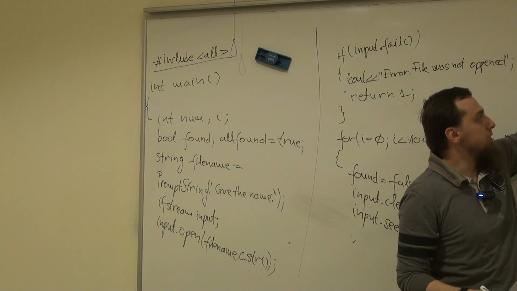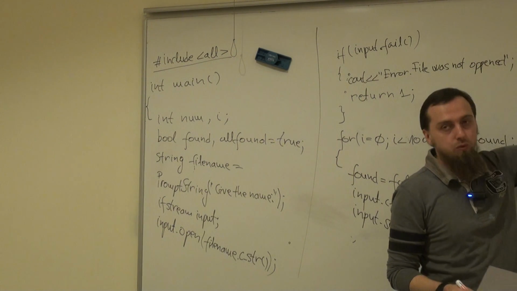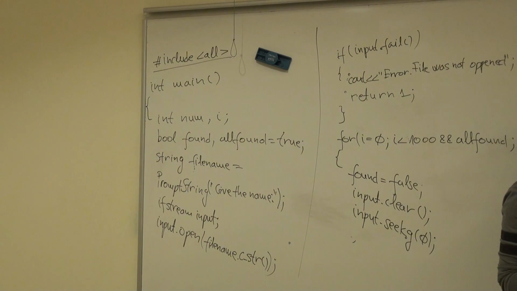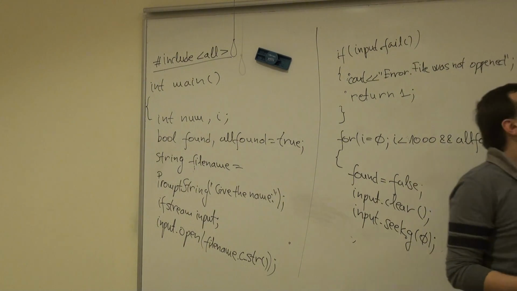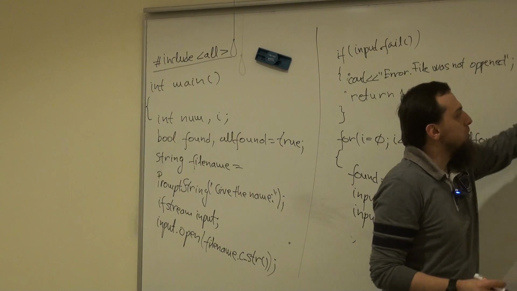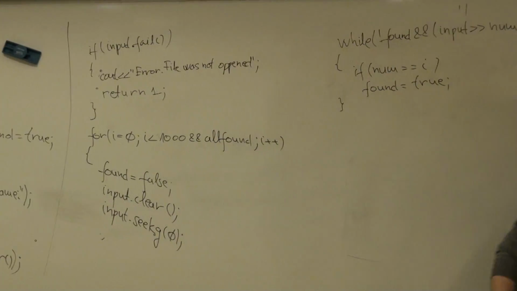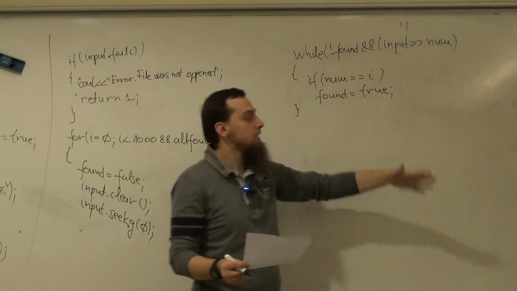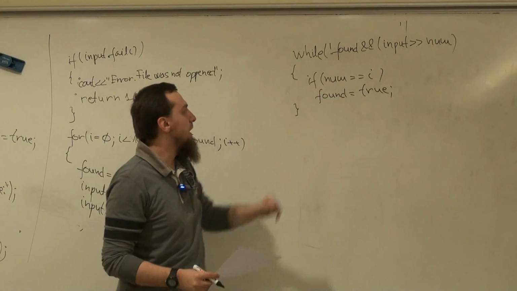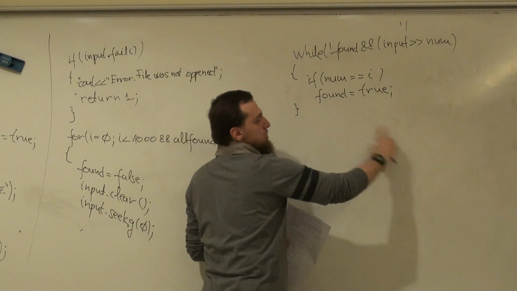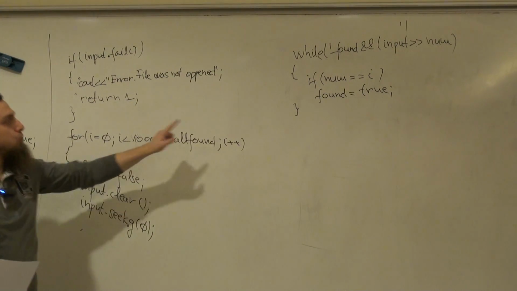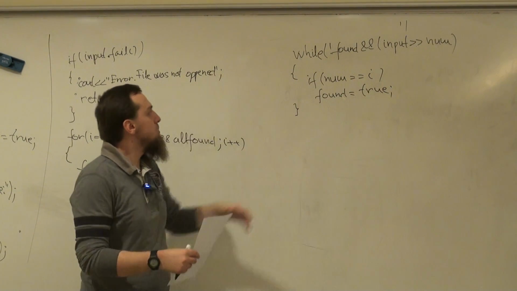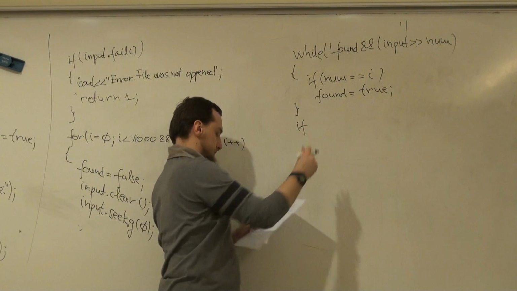When we are going to go outside from this loop: one, if we find what we are looking for, or we will go outside also if the input fails. It can fail if we come to the end here and we didn't take the data we are looking for. Okay, so we are looking, let's say, for 19. We didn't find 19, so we go outside. And this found, initially you remember, was false. Since we didn't find 19, it will never be true inside this iteration, so we are checking